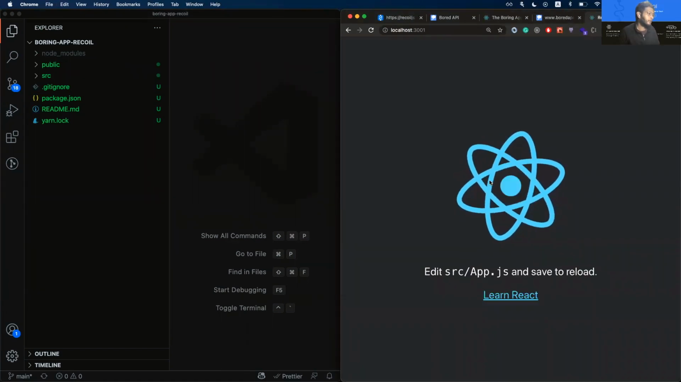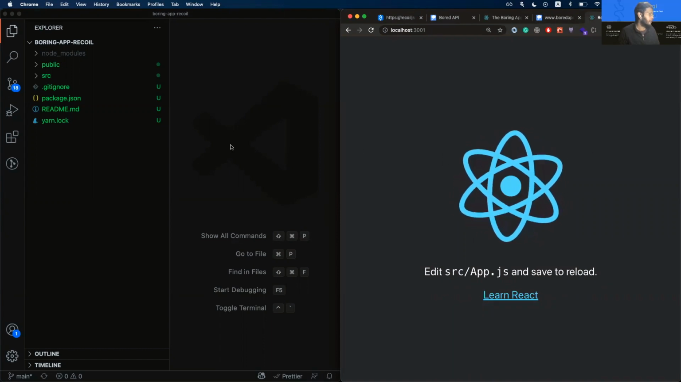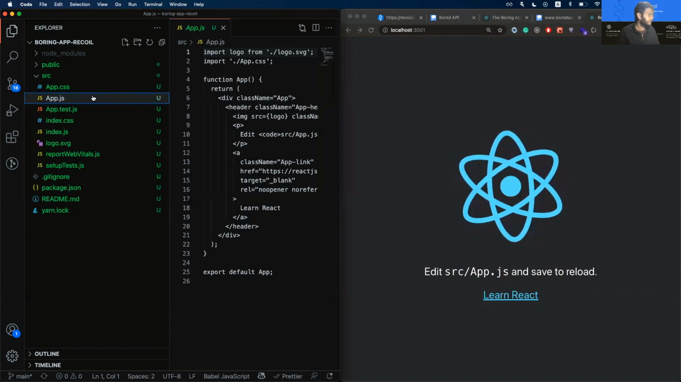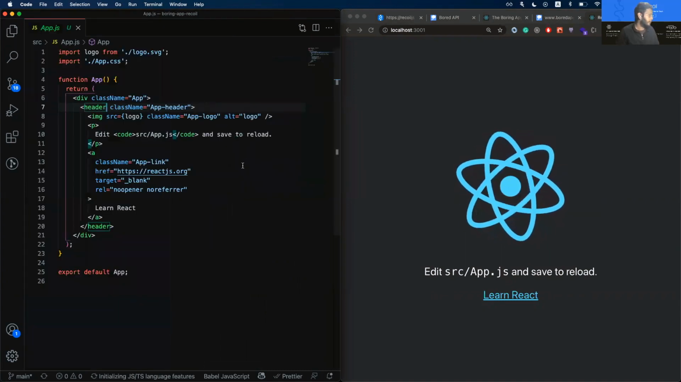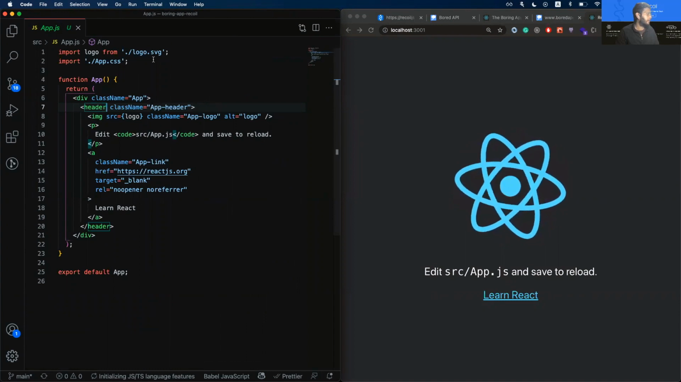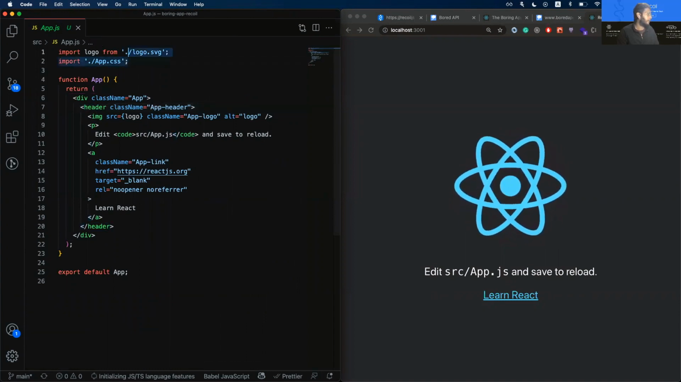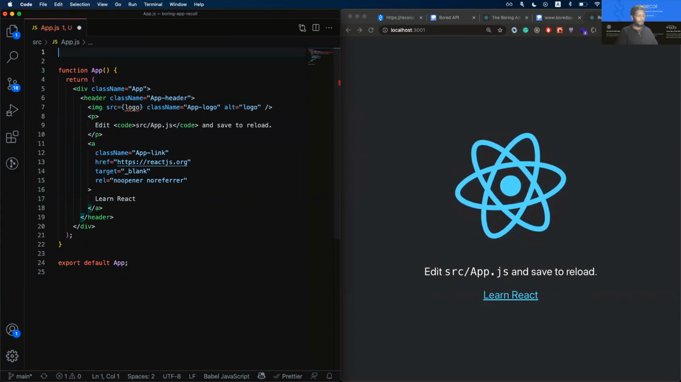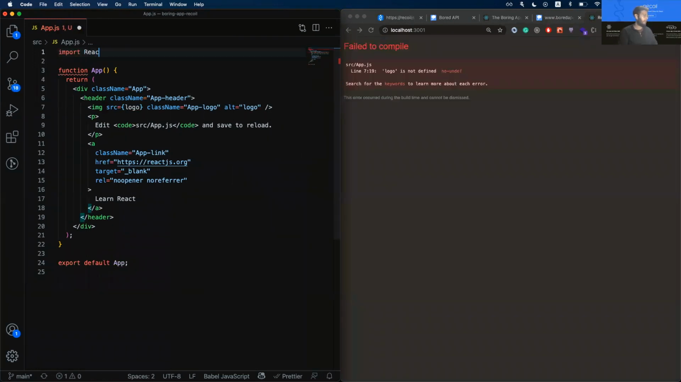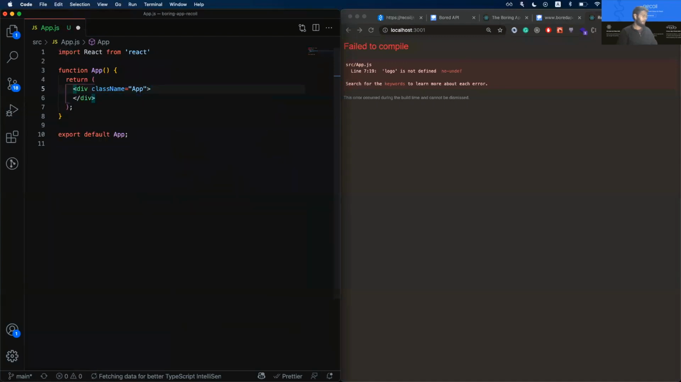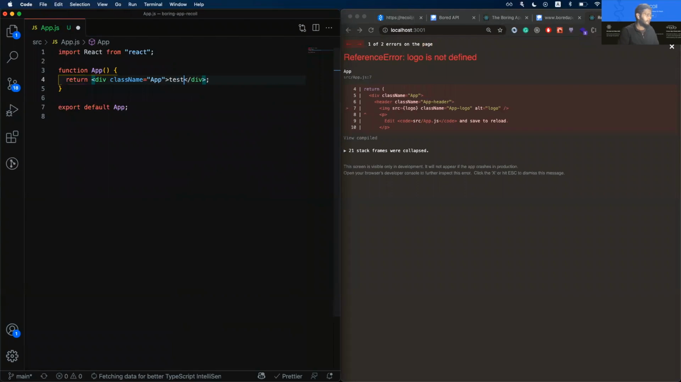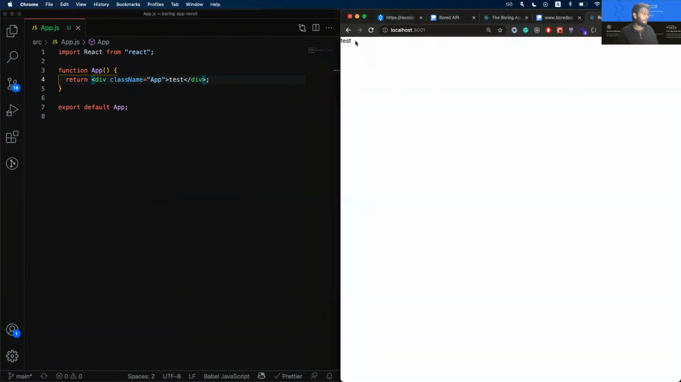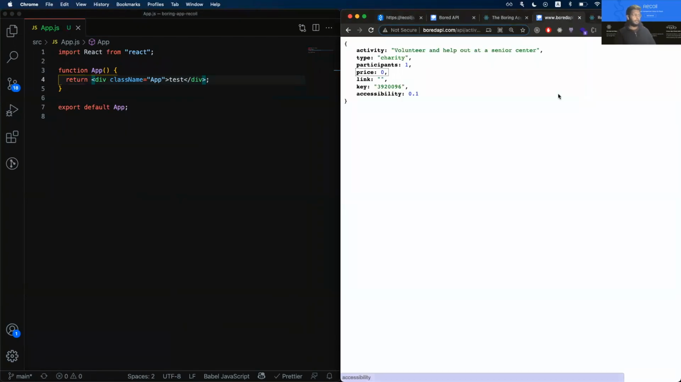All right, we have a famous Create React App set up here, and we have this in place. We don't really require any of this. Maybe we can just keep the React here. And we can remove all of these, right? All right, so we have got the test here. So if we look at the app here,